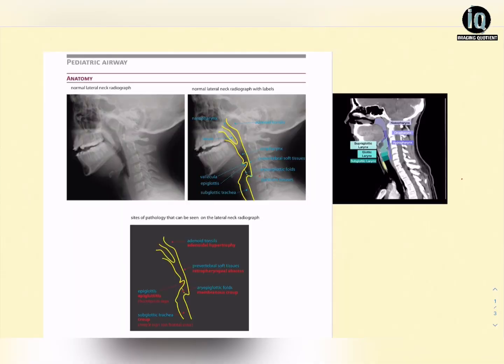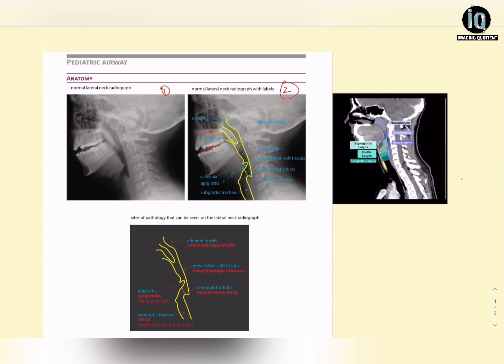Today, we will learn about pediatric airway in brief and various differences from the adult airway. So here we have two figures showing normal lateral neck radiograph, the first without labels and second with the labels. So we can see the various structures as this is mandible, this here is the oral cavity, this is the